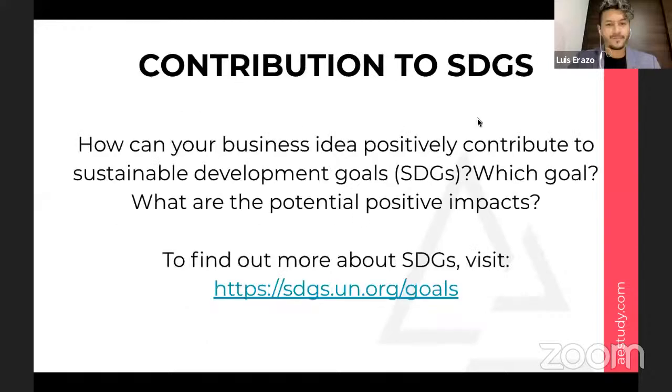So this slide, which is the contribution to the Sustainable Development Goals from the United Nations. So if you are not familiar with this, what you would like to describe here is how that solution is going to contribute to